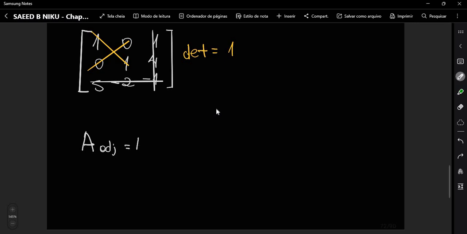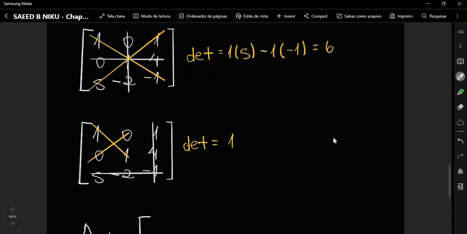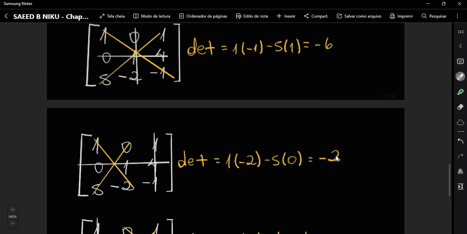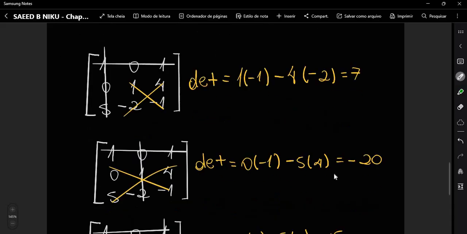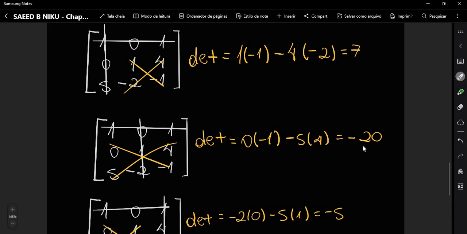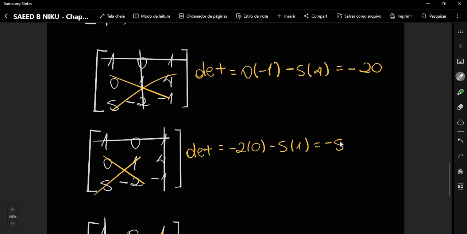Let's just represent it by the adjoint. So it's 7, 12, minus 5,